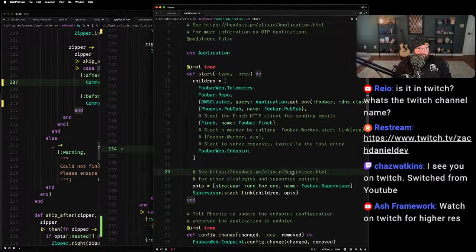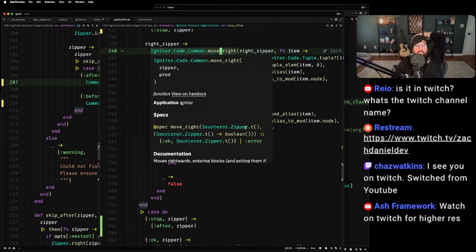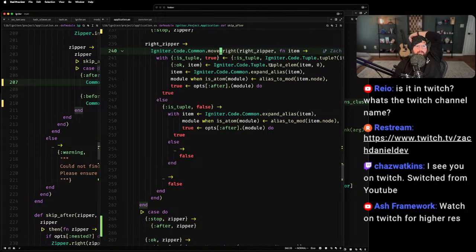This is like its own separate problem of why it doesn't think, like, why is it not going all the way down to this? It seems like it's going to the first one that's a tuple, and then it's thinking that it's supposed to be after that one. And that's probably because of this move right. That is probably what it is. So, because we're saying,